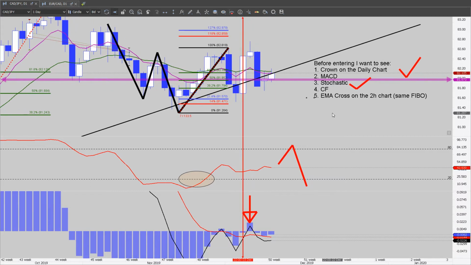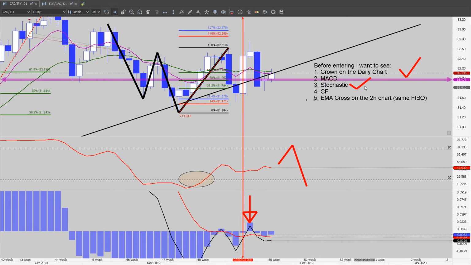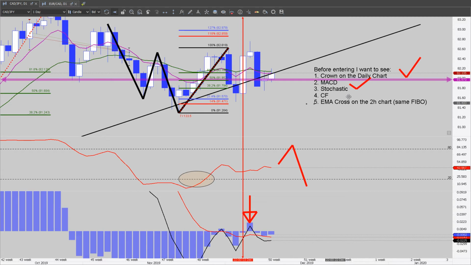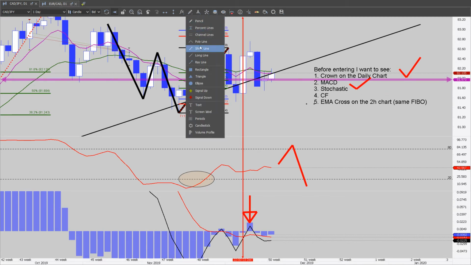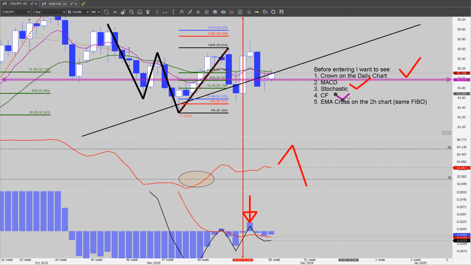Okay, so we had the crown on the daily chart. We had the MACD. I didn't have the stochastic, right? I had the bullish candlestick formation. Now, between December the 2nd and December the 3rd,